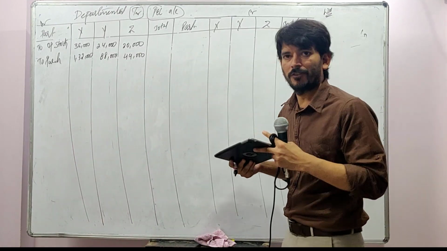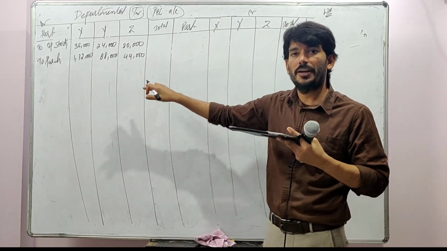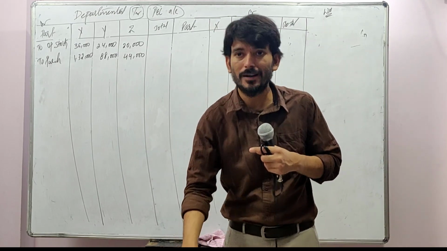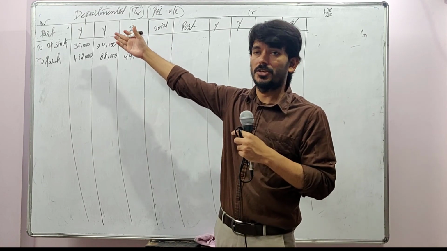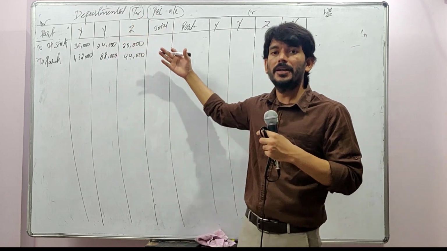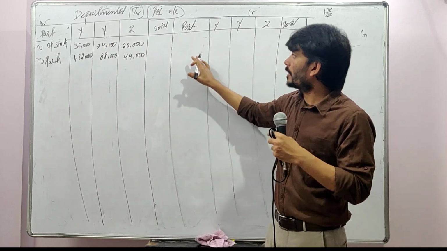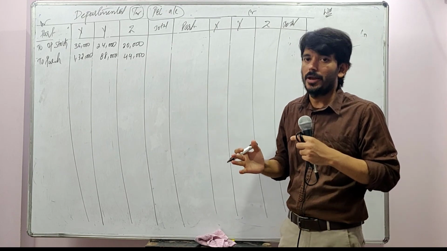He has given the information. Should I be writing here? Should I be writing here? Before writing only, you make an analysis. What do you mean by this debtor? Debtor is your asset, but we are not preparing the balance sheet. We are preparing the trading and P&L account. So it will not be coming either on the debit side or the credit side. Reason, it is not your income, it is not your expenditure.